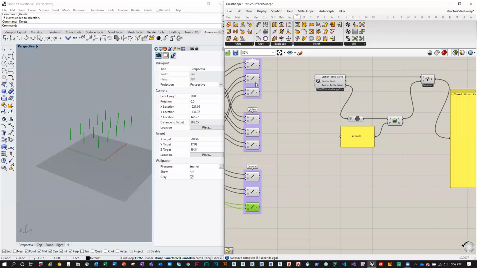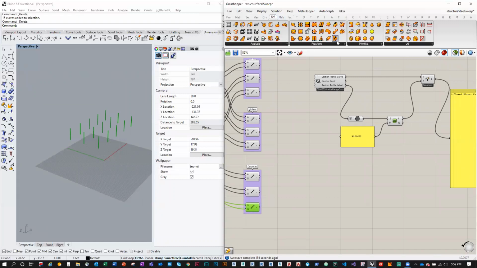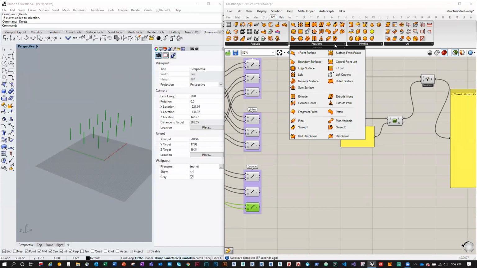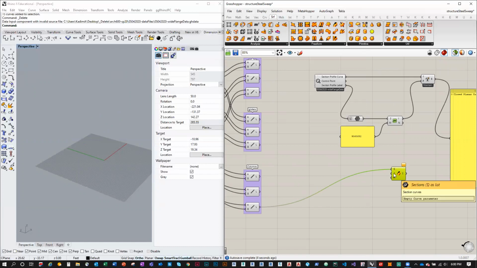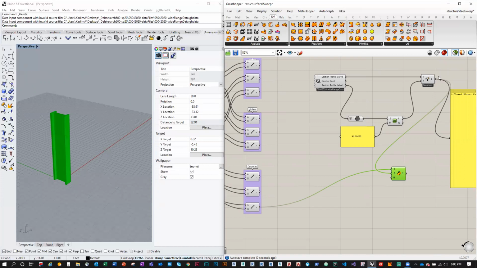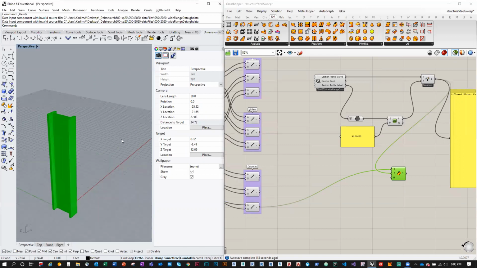Okay, so first let's go to surface, free form, and there's a couple things we could do. We could do sweep, create a sweep surface with one rail curve. So the rail curve is going to be my bottom. The section curves is going to be this shape. So what I want to do, it's only creating, well, it's actually creating 15 columns, but all in the same